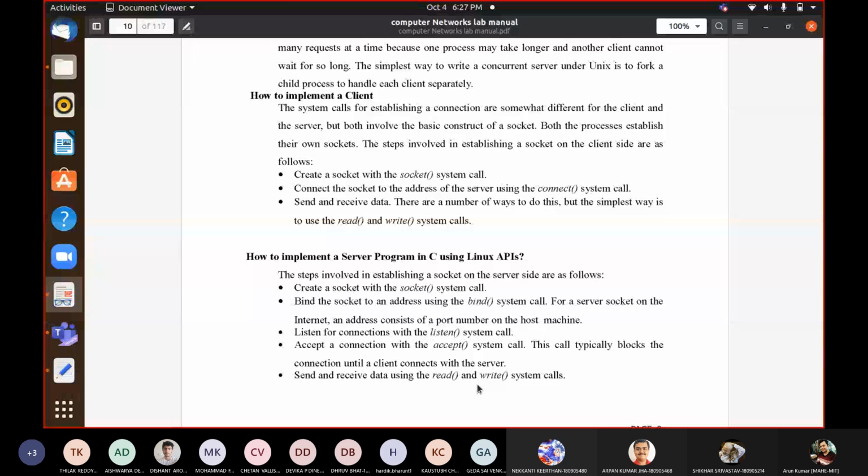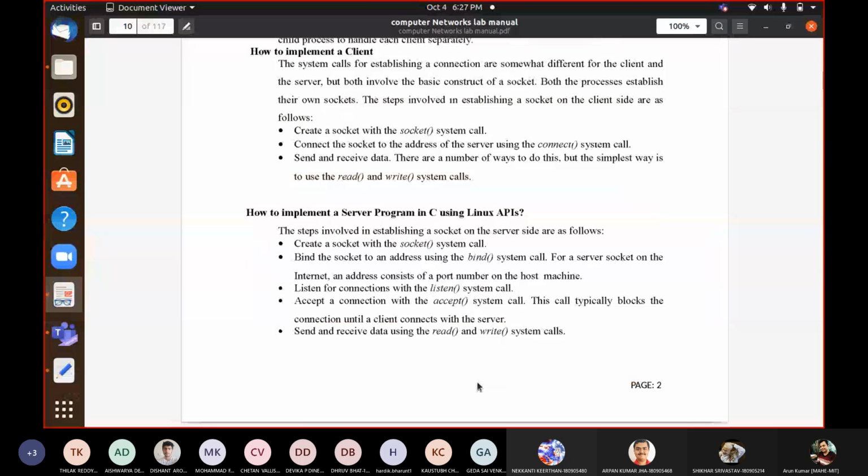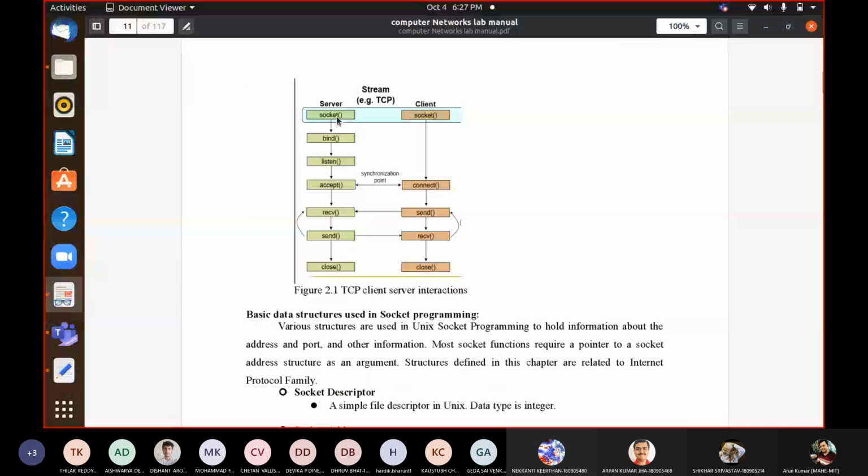Then comes, this is through the diagram, the same thing in TCP stream. First, at the server side, you will create a socket. Then you will bind that socket with its address. Then you will invoke the listen system call so that it will keep on. This is also in other terms called the passive activation. So you have passively activated the server. Then with respect to the connect, at the client side, you have created a socket, and then you will invoke the connect system call. There is an accept system call which will take care of this connect request.